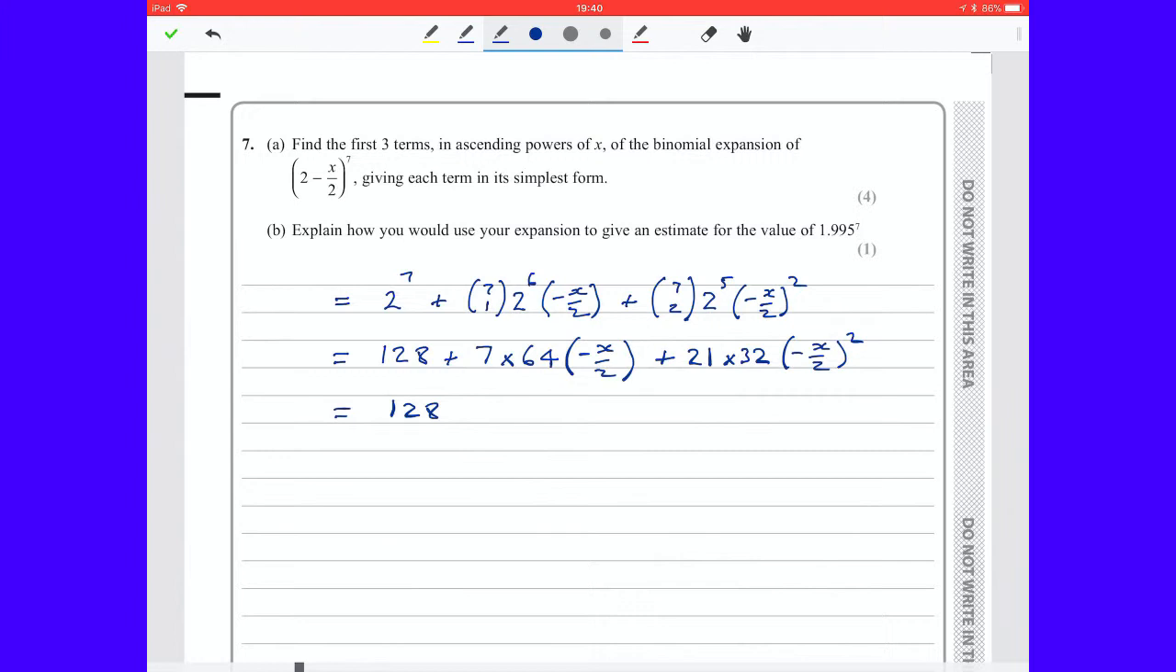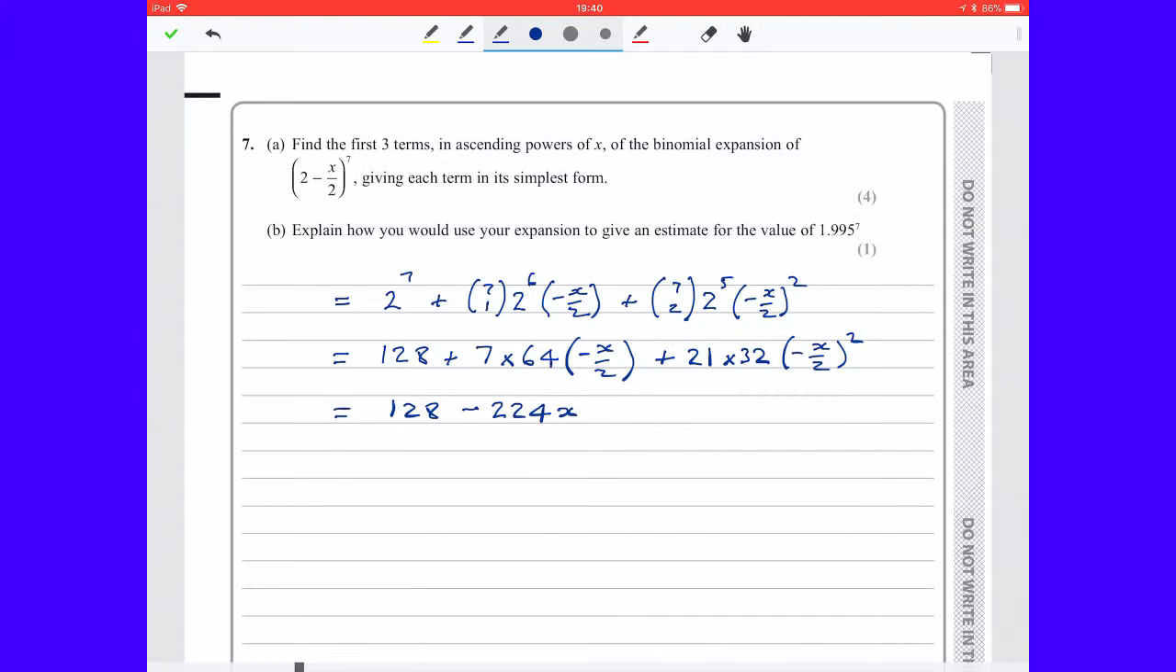So that's 128. Now there's one negative involved in this multiplication for the second term, so that will make the overall term negative. And 7 times 64 divided by 2 is 224. So it's minus